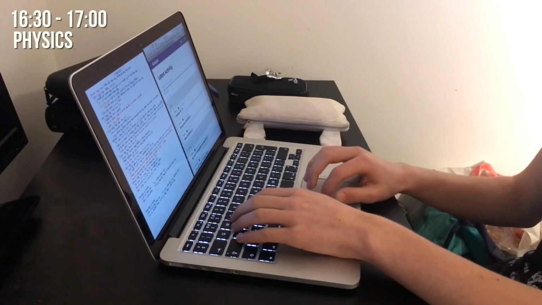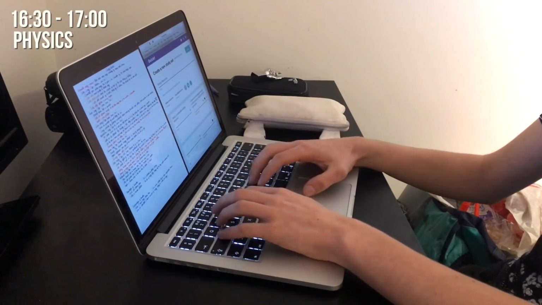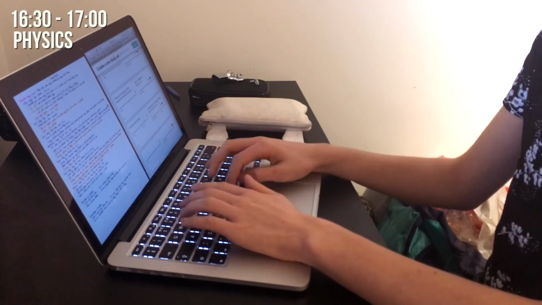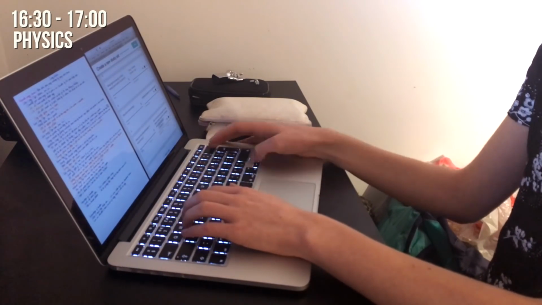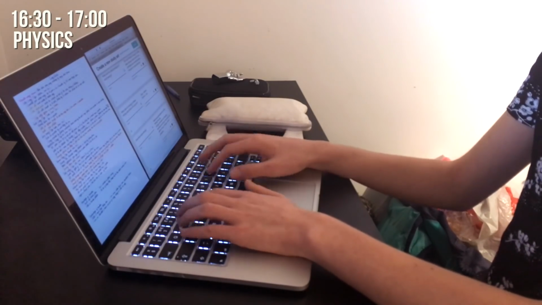The only other science I haven't studied today is physics, and physics is the subject I'm the furthest ahead in my revision, so I'm not really stressing about it. What I'm doing now is just making a Quizlet set based off my notes for energy resources, and that's one